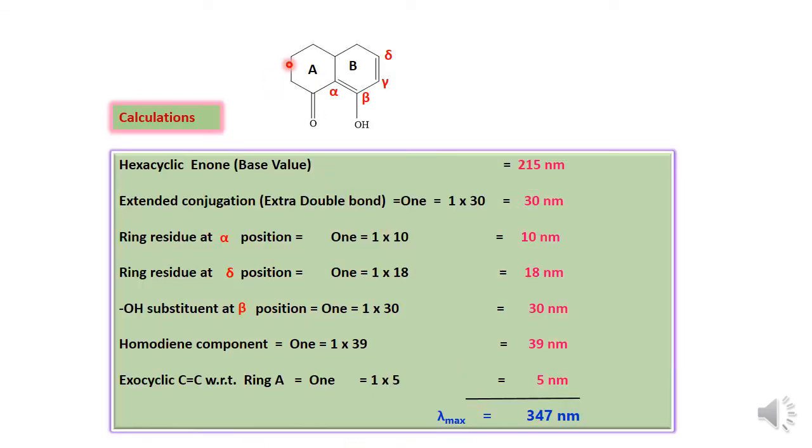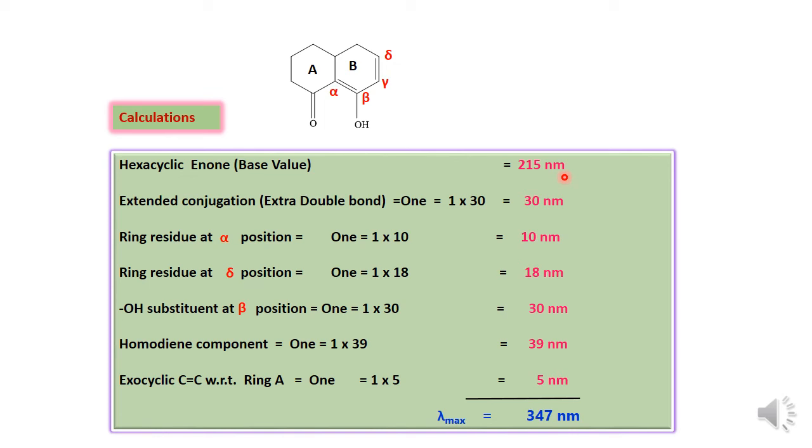So this one is the last compound that we are going to see. Now it is the cyclic compound, and it is the cyclic enone. So first we have to determine the basic value or parent value, and this value is according to the nature of the cyclic compound. So as this cyclic compound is the six-membered ring, and the enone is present in that six-membered ring, therefore you have to take the base value, that is 215 nanometer. So your base value for this compound is 215 nanometer according to the Woodward-Fieser rules.